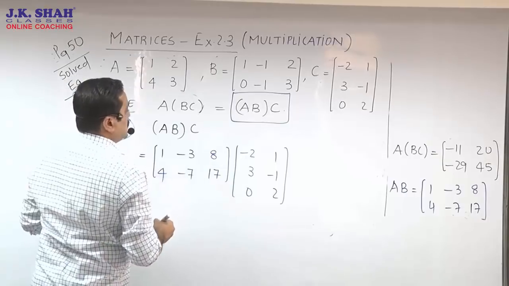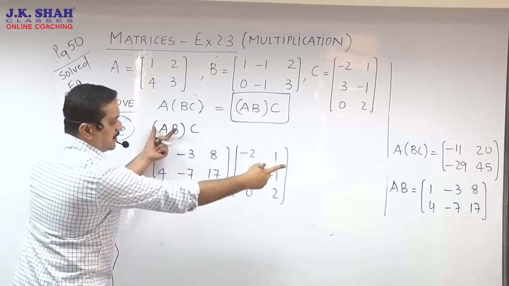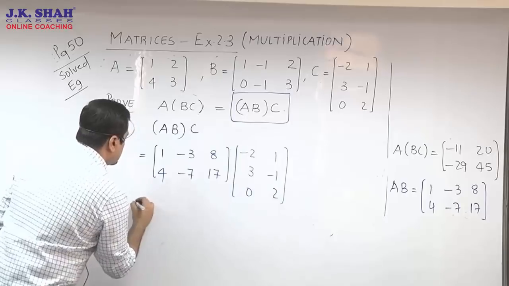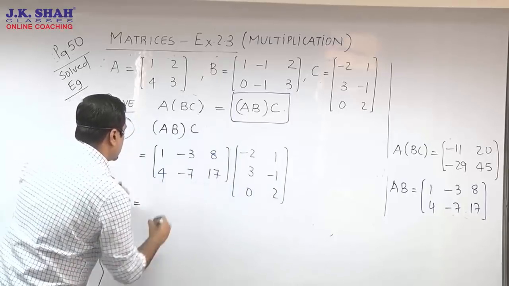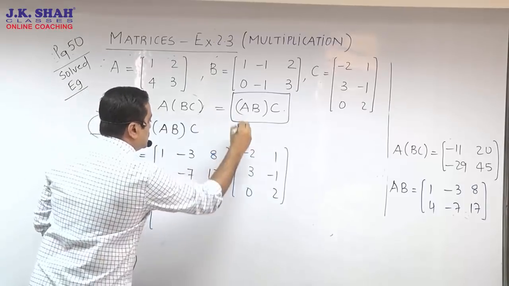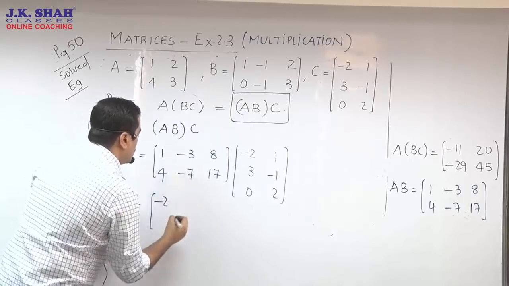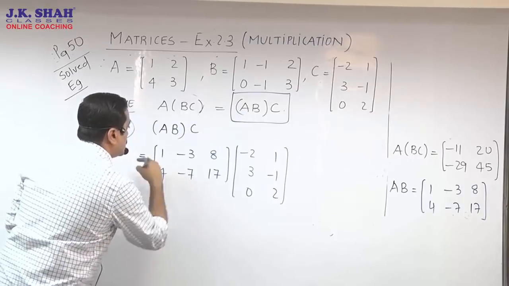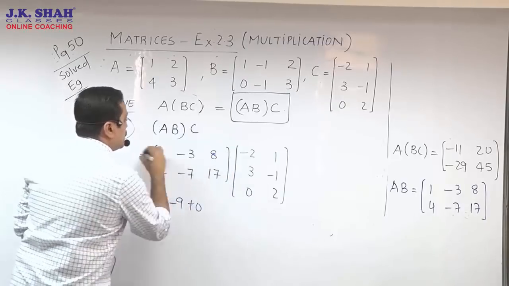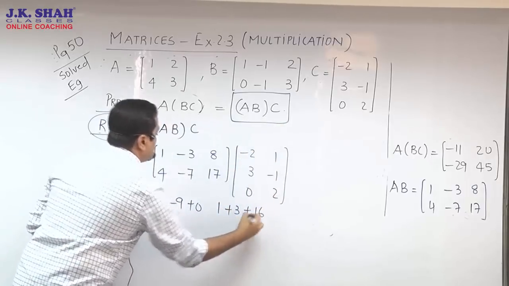So now after having done your AB part, we finish off AB into C. So I have copied my AB matrix from there, which you also must have solved, and now multiplying with C matrix. So since 2 rows in the first matrix, I open up 2 rows ka brackets over here. Let's start R1 C1. I expect you must have finished off solving this part of the question also. Minus 2, minus 9 plus 0. Going for R1 C2. So it's 1 plus 3 plus 16.